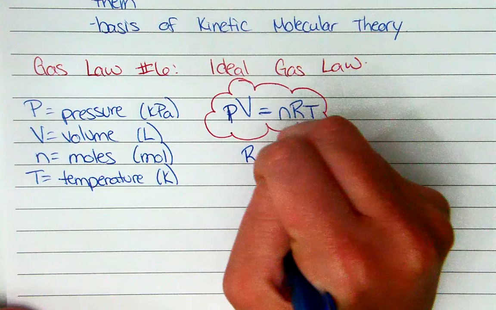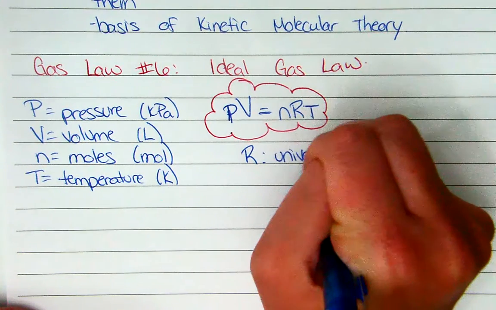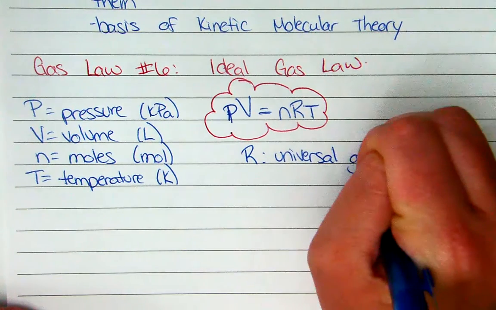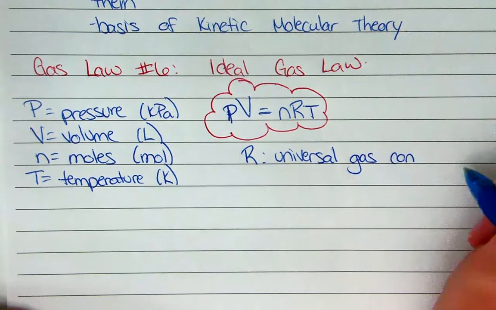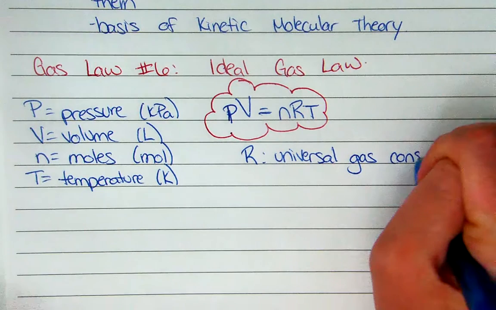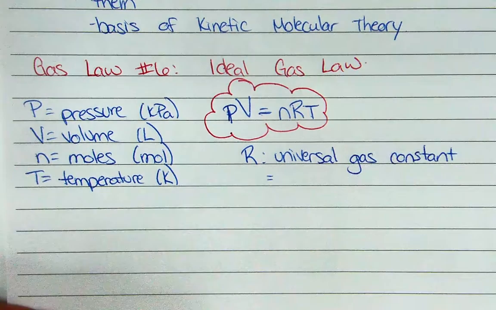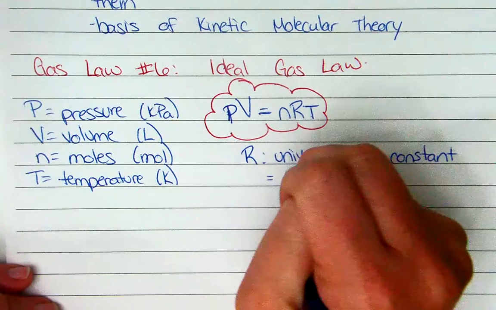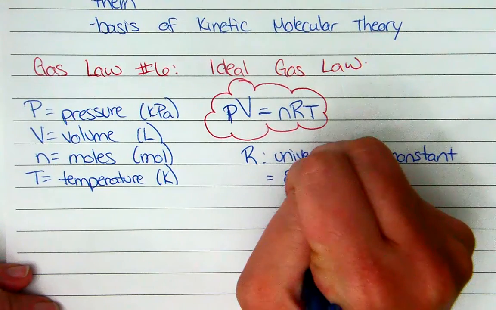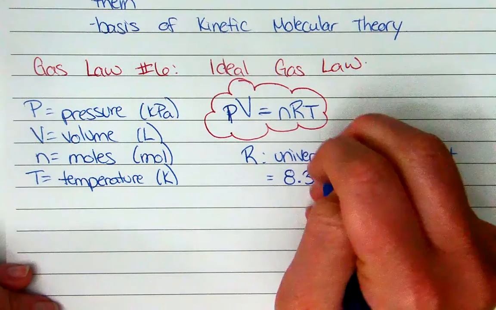R is the universal gas constant. Why R and not U, G, or C? Because we ran out of other letters. So the universal gas constant is a value or a ratio that relates all of these together based on this ideal gas situation. So it has a value. It is constant. It doesn't change. It's